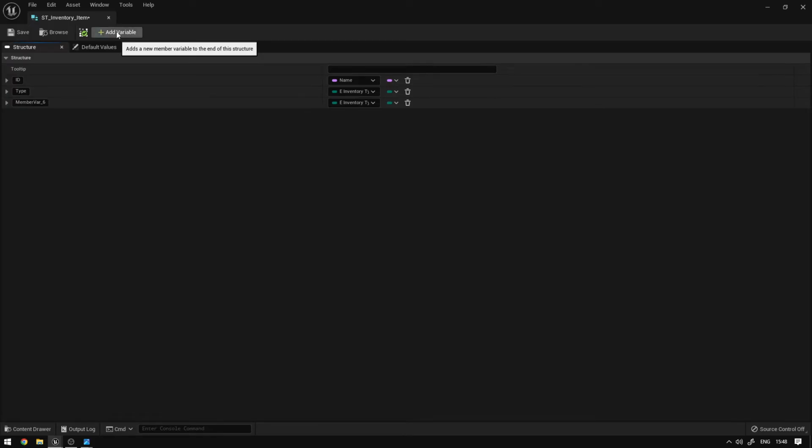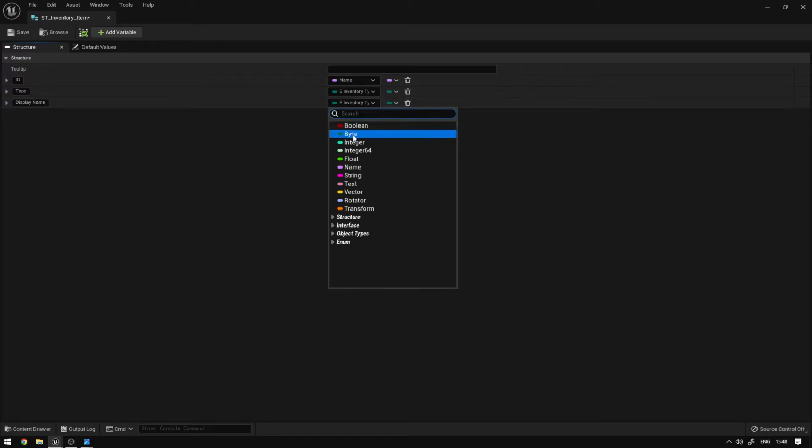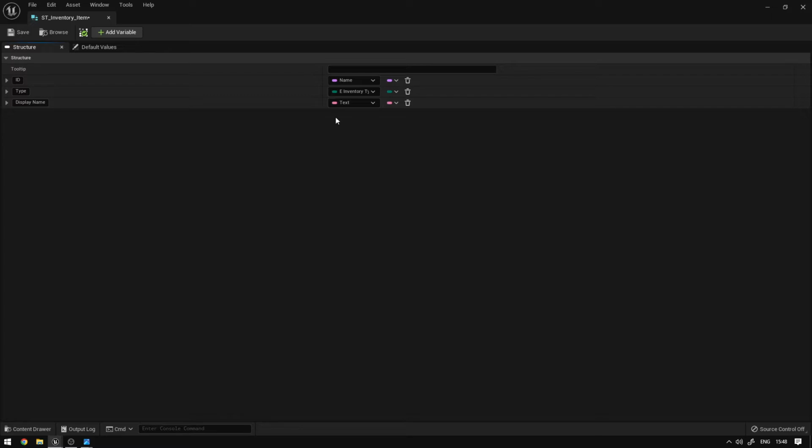The next property will be something like the display name, so that we can show that on the UI and stuff. This will be a text because text can be translated and names are only for search and identification. Now the next one could be a short description for our item, and we could also have like a large description. Now we can have the quantity,